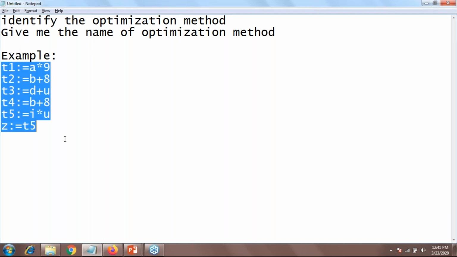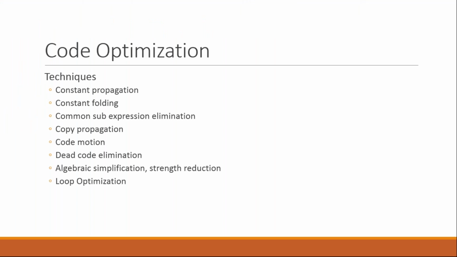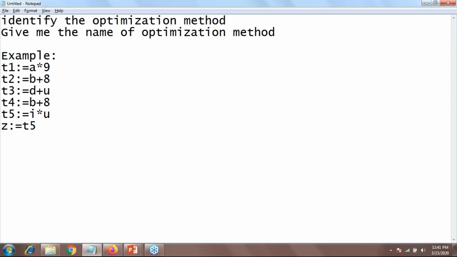Check this, we already did it. Constant propagation, no. Give the list of optimization methodologies. Okay, out of this you need to give me the answer for the following question. Just give me the name.